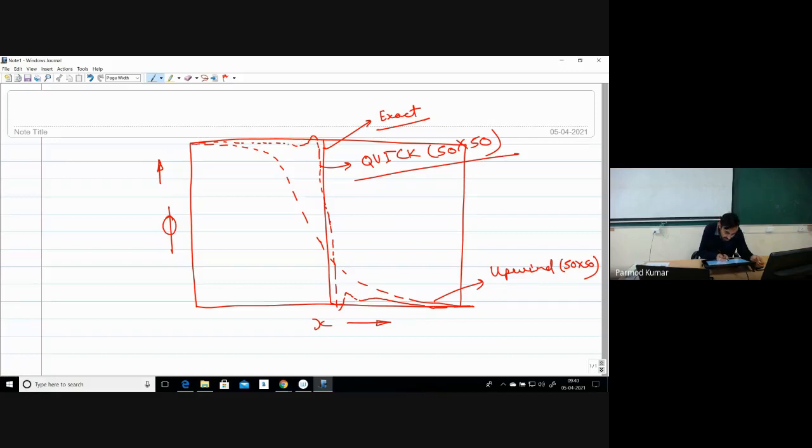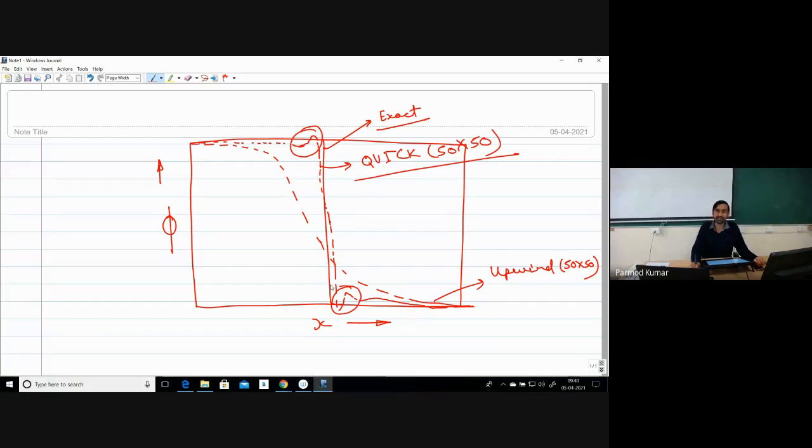However, if you see over here in your solution, there are some small oscillations in this zone, and over here also you are having some oscillations. So basically what happens upon using the higher order schemes is that our solution accuracy is increasing, but if you consider it from the stability point of view, you are finding small oscillations in your solution. For the majority of solutions this may work, but in certain cases